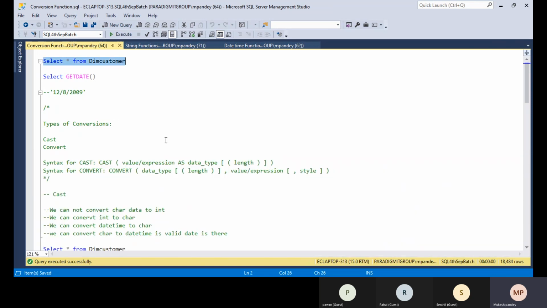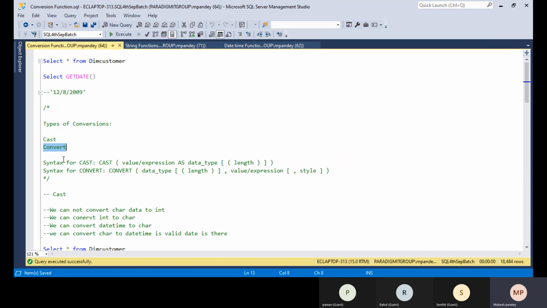We have two types of conversion function: one is the cast function, and the second is the convert function. The cast function is basically used only to convert the data type and is not used to convert the date time format, but the convert function can be used anywhere.